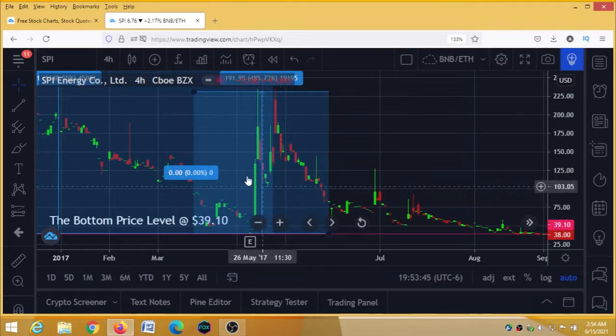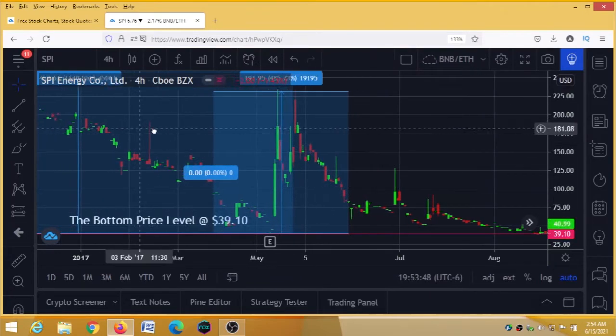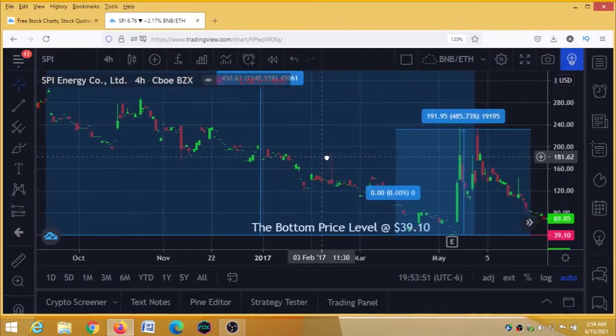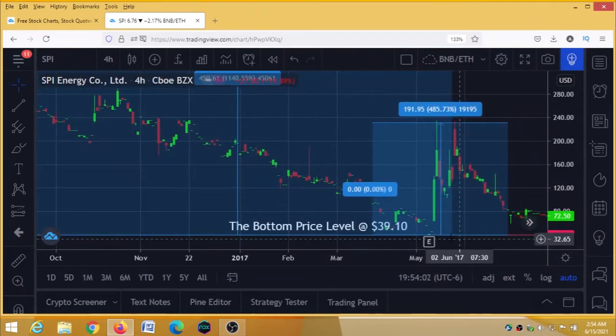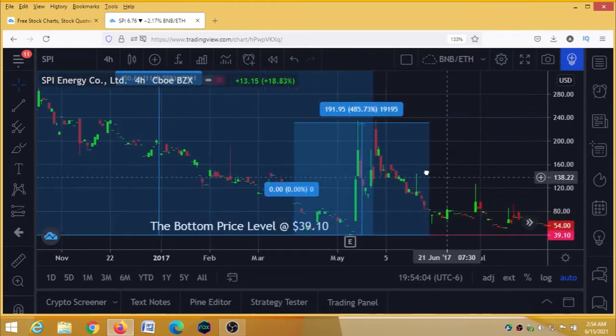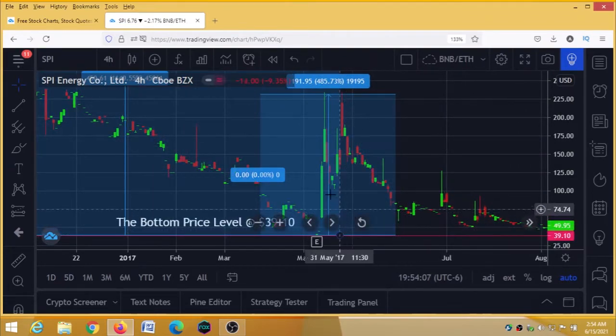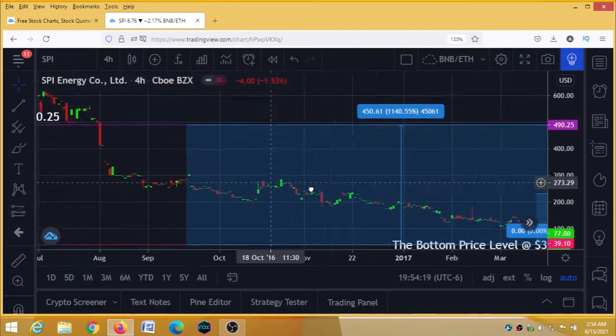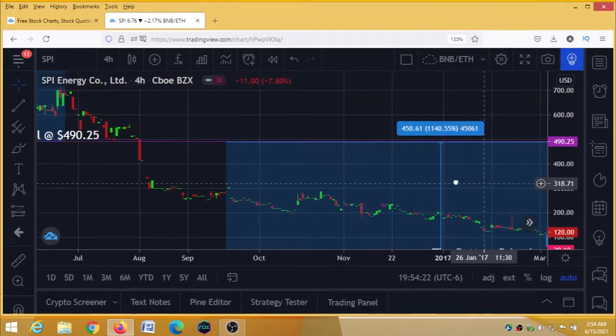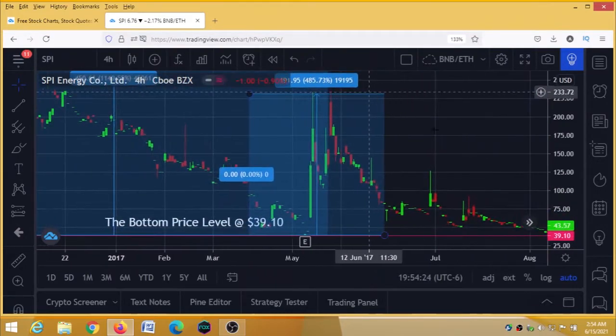As you can see on this SPI candlestick price chart data, price action broke down the target support price level at $490.25 by 1,140% before forming a bottom price level at $39.10. Price action bounced by approximately 485% from the bottom price level towards the target support price level, but failed to return back up to the target support price level. Now that we've identified the bottom price level on a candlestick price chart data as $39.10,